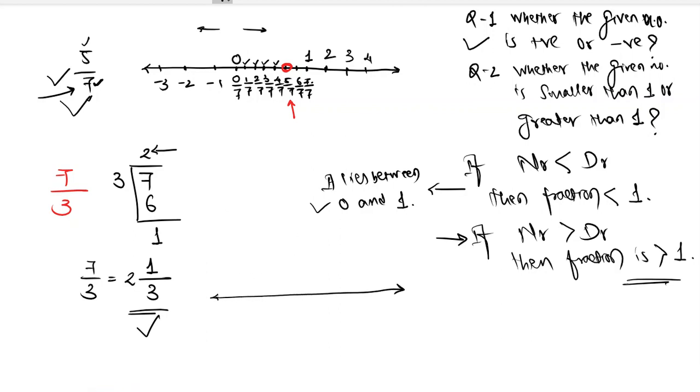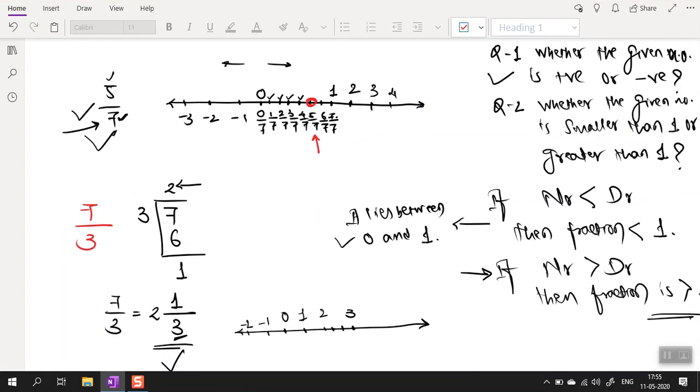Let's draw a number line. So here is my 0. This is minus 1, minus 2, no use of this. This is 1. This is 2. Now I have to be very, very careful. After 2, I have to divide the number line into 3 equal parts. Why? Because my denominator is 3. So 1, 2, and 3. These are my 3 equal parts, and on the third part, I will write 3. So my number is 2 1 by 3. Do you want me to zoom in and show you? Okay, let me zoom in and show you.